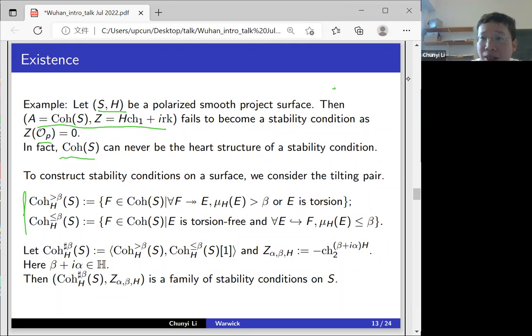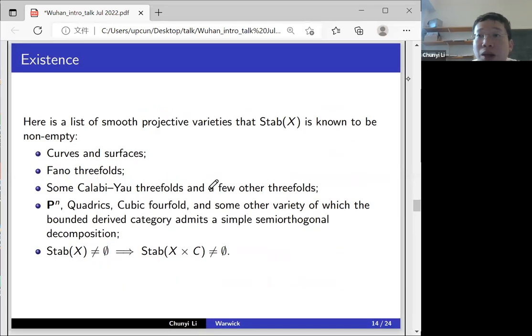I don't want to explain the details because I want to talk about some other things about the stability manifold. Anyway, it's complicated, and we can do this construction, and we have this standard slice. Especially remember this formula, written like this, the twisted Chern character form. You'll see that in the future many times. It's a hard story, and also I give a list of